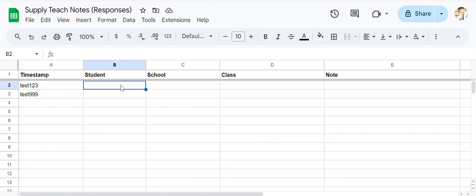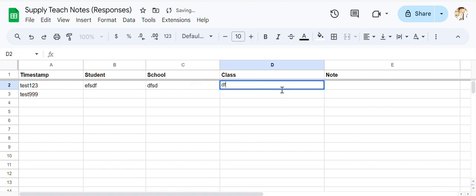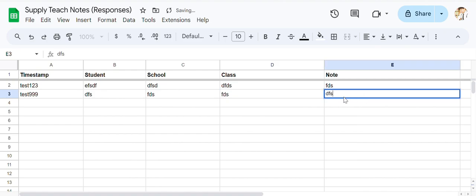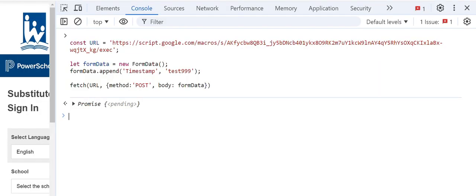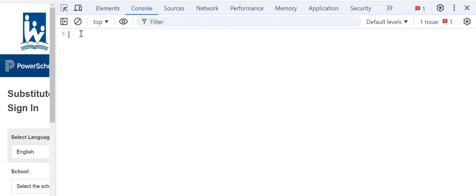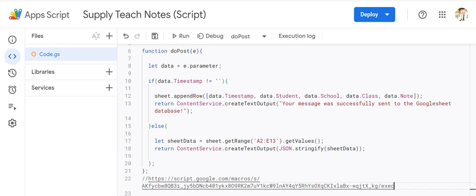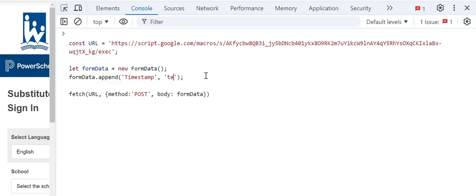Now we're going to try to get data from the Google Sheet. Okay, let's go back here. Let's clear this code. Let's use similar code here. As you may recall, if you look at our code here, if you send nothing, it will run this code right here. It will send data. So back here, we are not going to send any sort of data. So the timestamp will be blank,